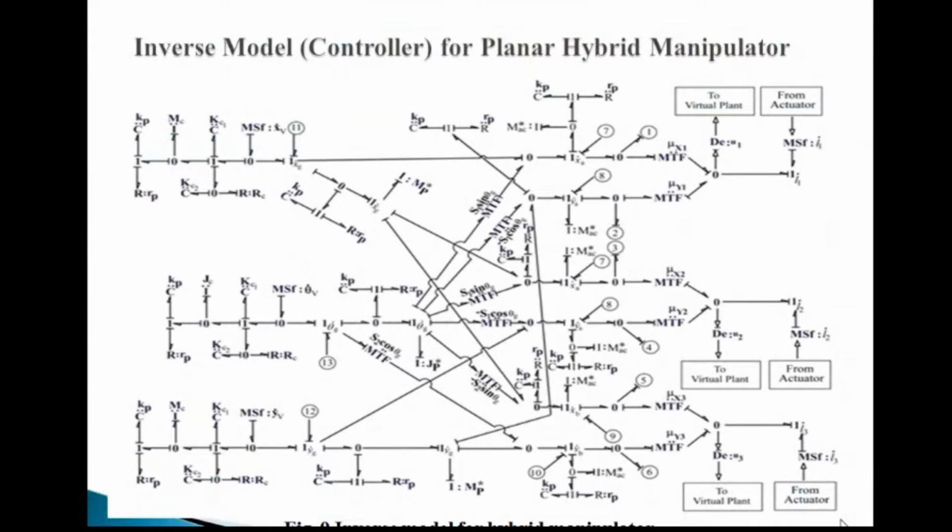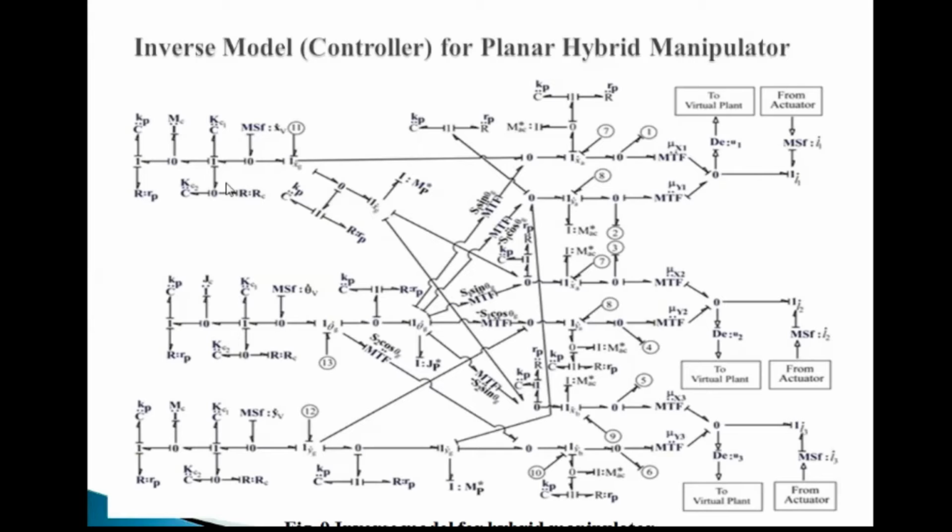Yes, this basically shows the inverse dynamics model. So this model is the mirror image of the forward dynamics model shown previously, with a few modifications just to avoid the loops. So we can see that the output in the forward model was the velocities of the center of gravity. So here we see these are the inputs given by MSF, and the elements which are on the left side of MSF are just added to avoid the loops.